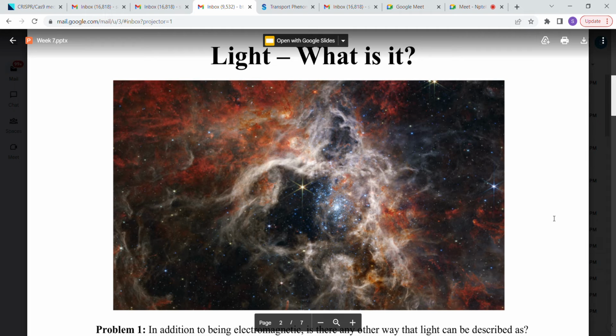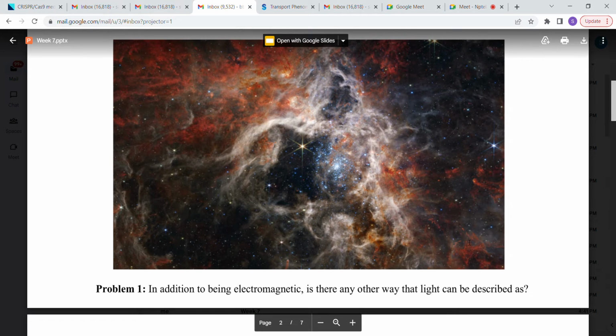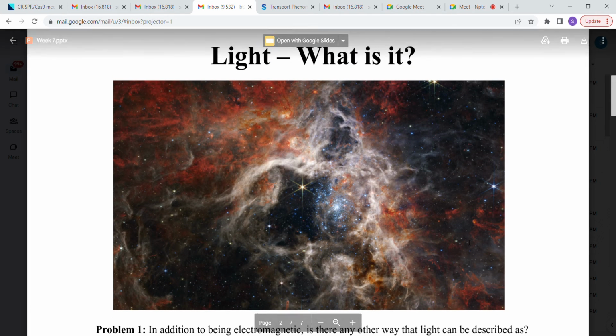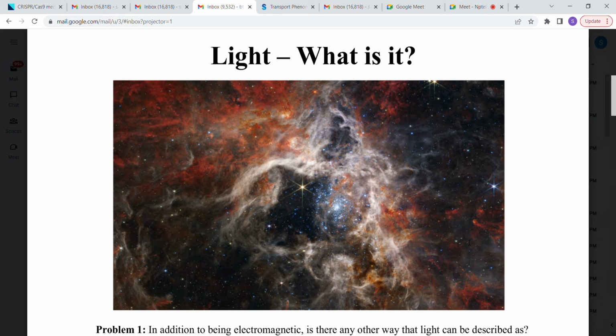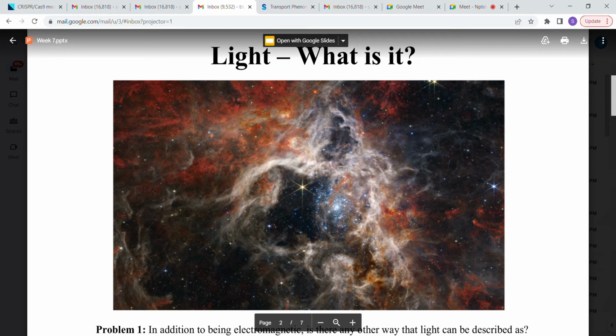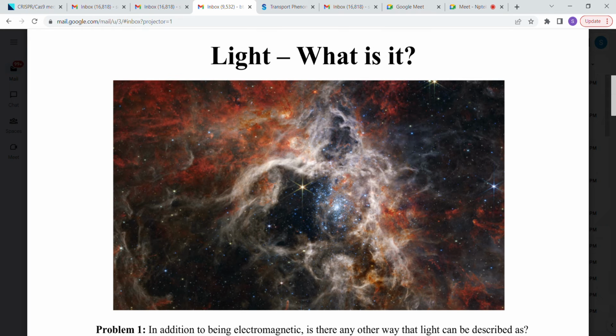But when you say an electromagnetic field, the first thing that comes to your mind is the thing that happens every day in the morning at around 6 o'clock, right? When the sun rises, everything gets lit up, and that's light. And this is the image of the day of the James Webb Telescope, showing a nebula. I don't know how many stars are forming in here, but it is basically